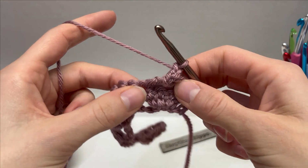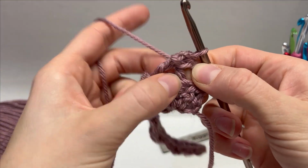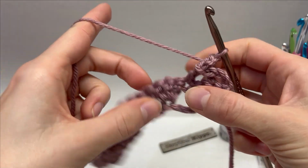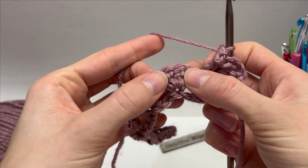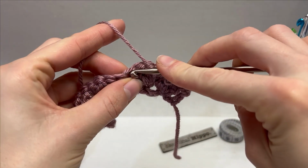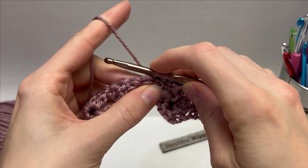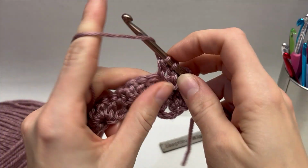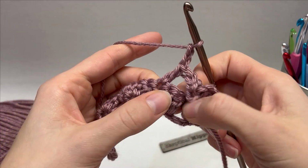So we're done. We've worked the second double crochet here. It's behind, so you can see it worked there. And now what we're going to do is we're just going to repeat that into the next cluster. So into the fourth, work a double crochet into the fourth one. Again, it's a pretty long stretch. And you're going to yarn over, pull through 2, yarn over, pull through 2, chain 2, and then into the